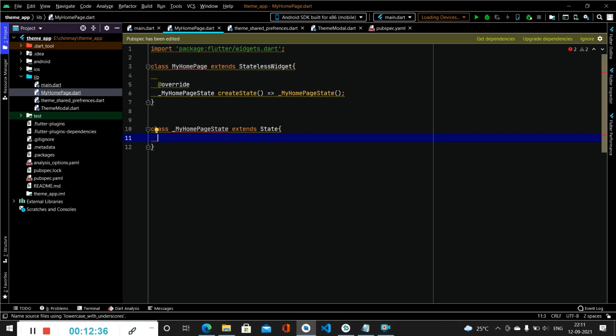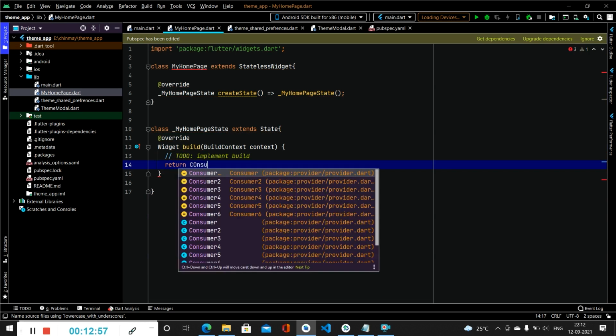Now inside this home page state class we will be calling our widget build method, and inside this we will call return Consumer.